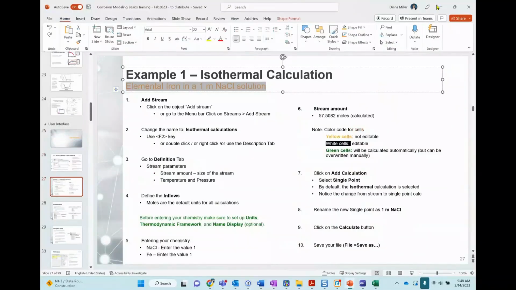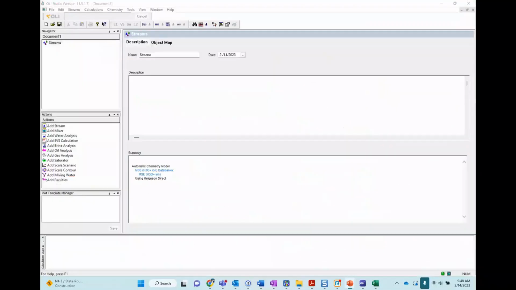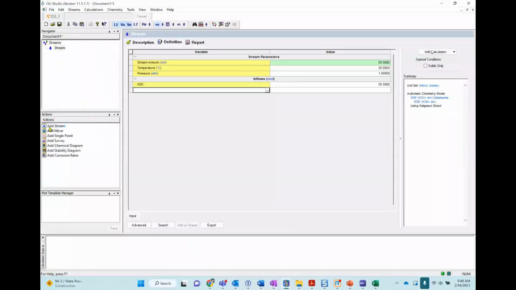Okay. So what we're going to do is, to the right in the actions pane, we're going to add a stream. And to add a stream, you just simply double click on this icon. And you'll see that you will have a new section here. It's called the definition.